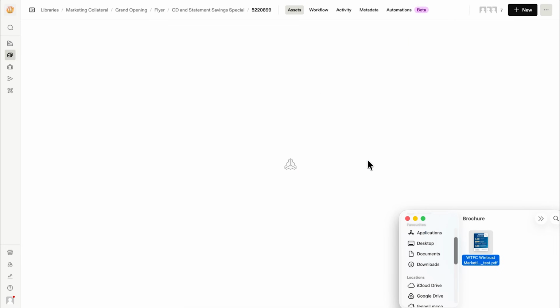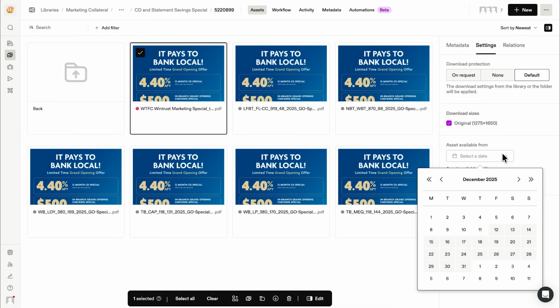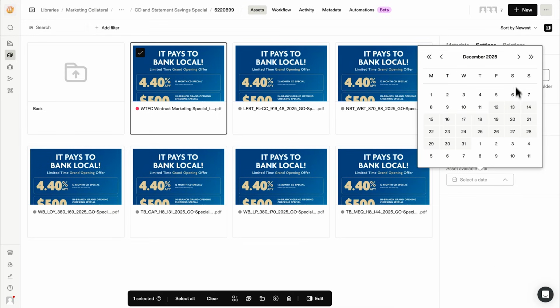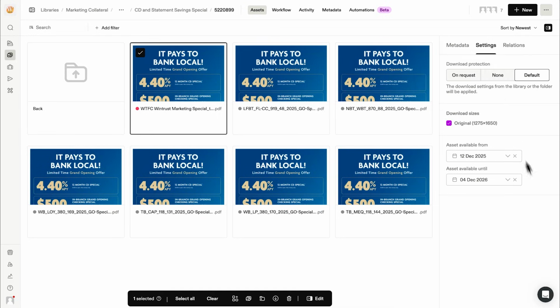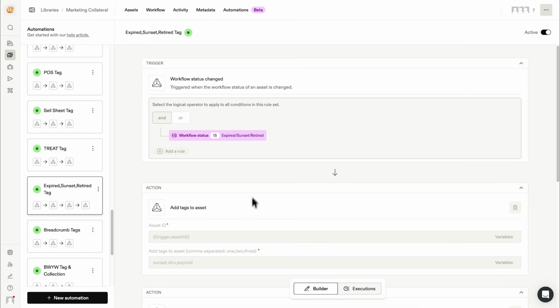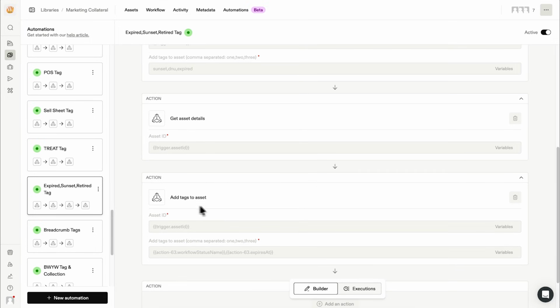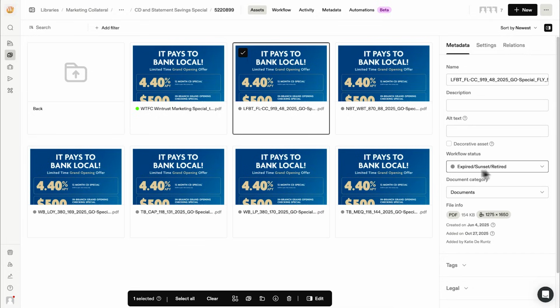They also built an automation for compliance. So around 75% of their materials have start and expiration dates. Now, when the assets are uploaded, they automatically enter a draft workflow status, then a controlled user reviews them, sets a go live date and the expiration dates, and once those assets are approved, the automation takes over. It publishes the assets live, updates workflow statuses, tags everything accordingly, and then expires the assets automatically when the expiration